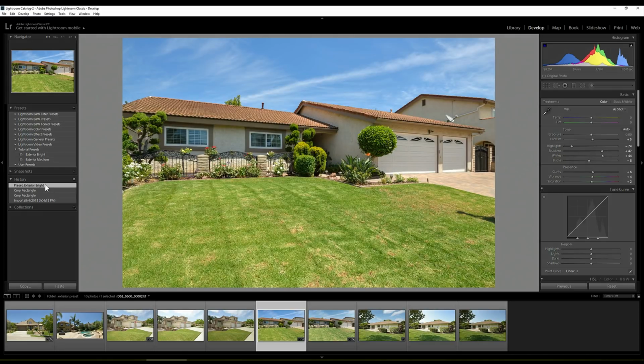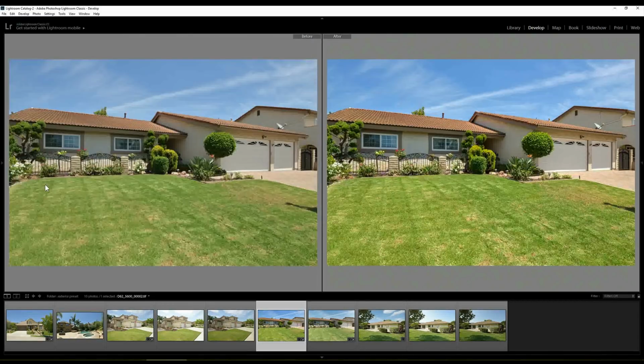So applying the preset does this to it. Quite a difference. If we take a look at the before and after on that preset, we can see there's quite a difference. Here before, typical of a raw file, it's somewhat flat looking, and then once we get into the after, we can see there's a much bluer sky, nice rich colors there,